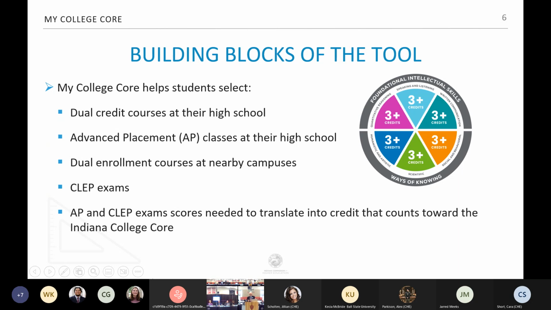Likewise, the CLEP exams, the College Level Examination Program, is also run out of the College Board, just like the Advanced Placement exams. If the students scored high enough on one of those CLEP exams, they too would be able to get credit for a course that would count toward the core. So it's not just the dual credit courses, not just AP, CLEP,